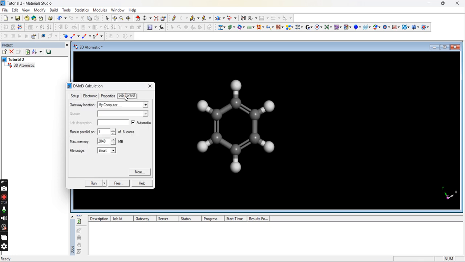So now we move toward job control. Here you can see there are 8 cores in my system, and it depends upon how many cores you have or how much hardware you have. Here I give my maximum memory of 4000. Here I give 4 cores, and here you also